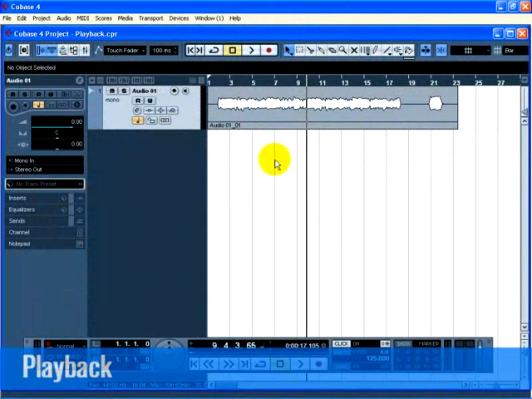We are going to learn how to play back audio in Cubase. You might think this is very simple. Just hit play. It is actually this simple, but there are a few tricks